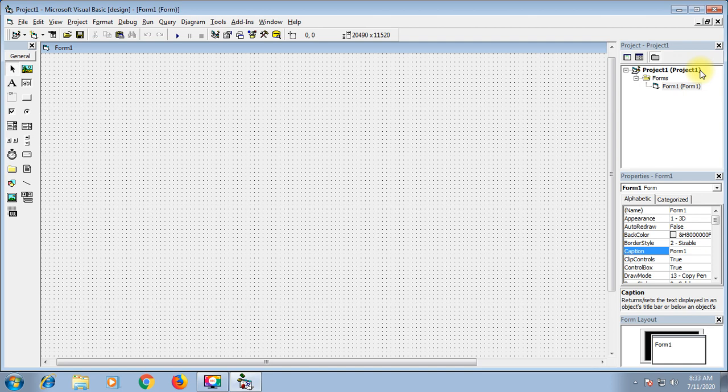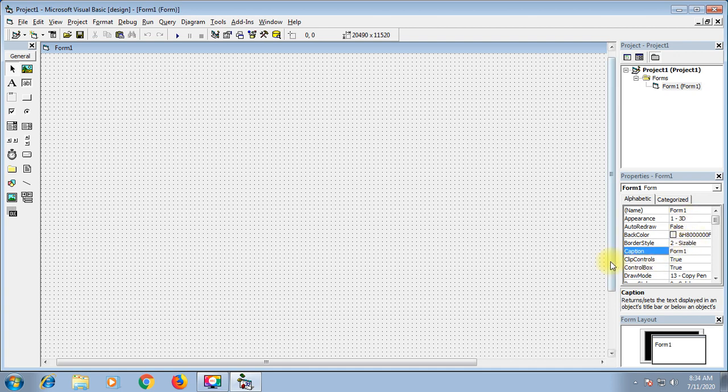We have only one project, so Project1 is written here and we have only one form. This is the Properties window which shows you the list of properties connected with a particular control.